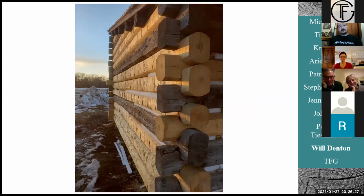We've been doing a lot of state work recently as well. This is out near Omaha, Nebraska. This is a barracks building. It's, I guess, an interpretation of what the Park Service thought a barracks log cabin should look like. It's literally Lincoln log joinery, which we all know is never used, but the Park Service did this joinery and